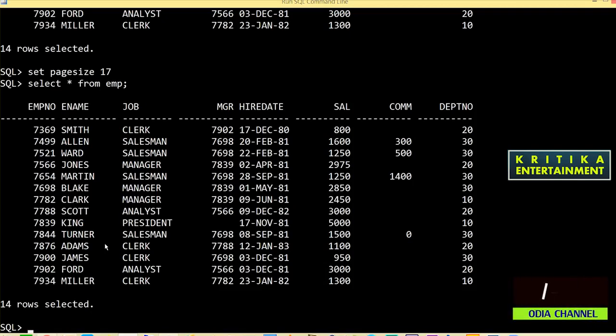So we check: 1, 2, 3, 4, 5, 6, 7, 8, 9, 10, 11, 12, 13, 14, 15, and 16. 16 is the blank space, and 17 would type the header again, but there is no data, so it will not display. I think you have understood properly.